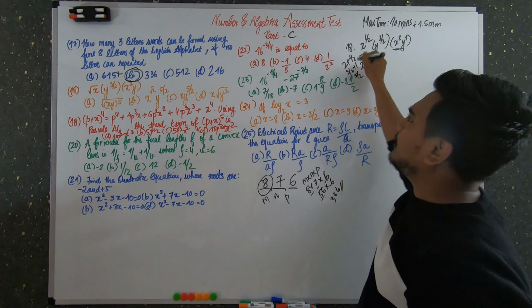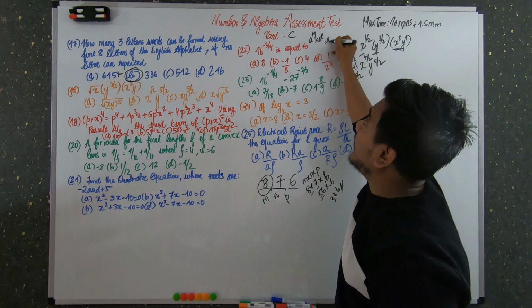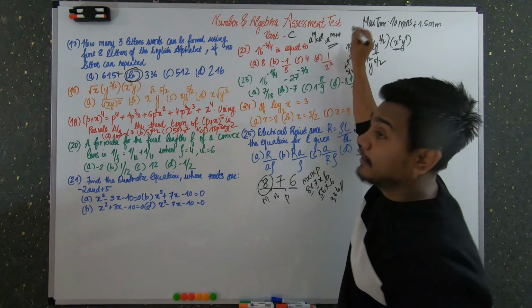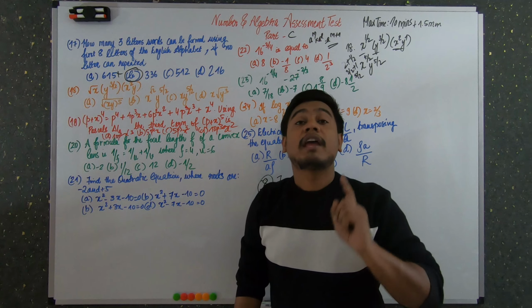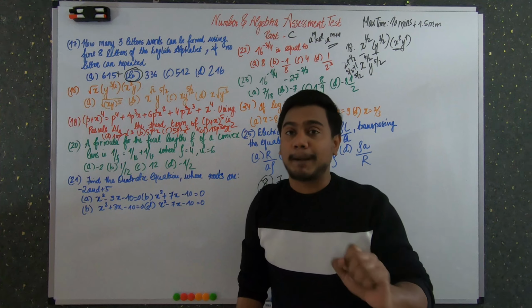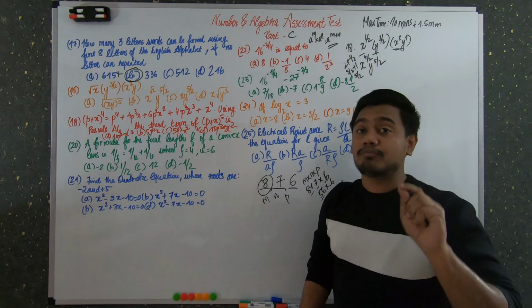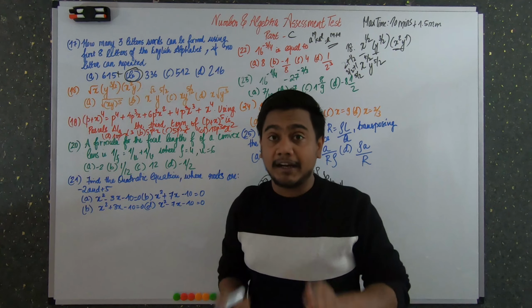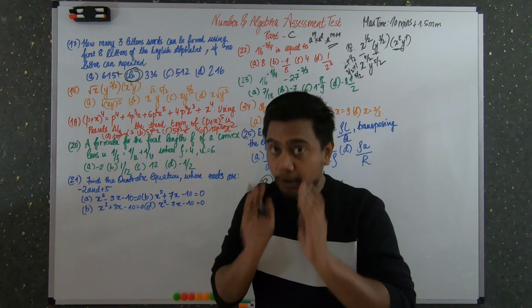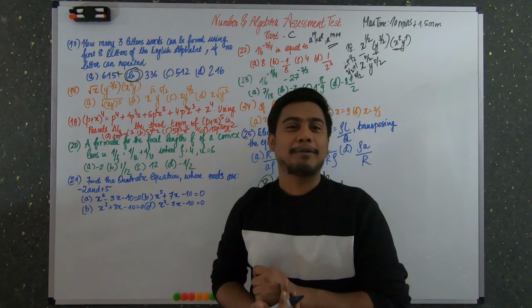Okay, you may be having a doubt why I'm writing a raised to m into a raised to n is what? a raised to m plus n. If you have any doubts in this formula, please have a look at the video on indices and standard form, where I've explained in detail about that. Okay, this is just a test assessment and I'm just solving the answers for each of these problems. That's why I'm not explaining in detail. I hope you should be knowing that. So I'm just finding the answers for all the problems.